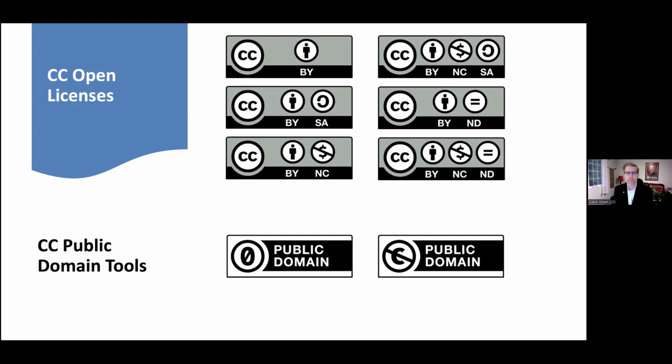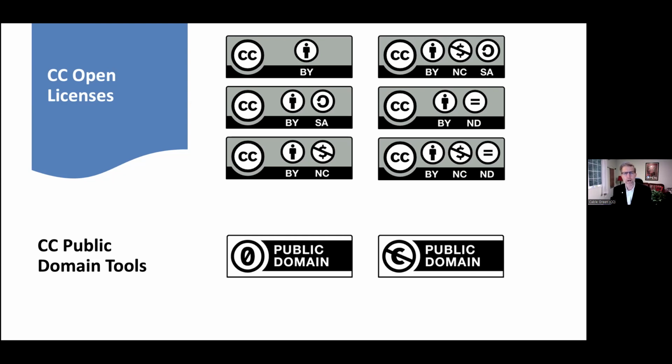The first one on the left is called CC0, or the public domain dedication. I mentioned that for works to go in the public domain, first I have to die, and then 70 years have to go by, and then my work goes into the public domain. If I want to give up my copyright today, and put all of my work into the public domain or some of my work into the public domain, I can do that using CC0. This is quite popular with museums around the world. So we just worked with the Smithsonian museums, and they dedicated about 2.83 million of their works into the public domain using CC0.